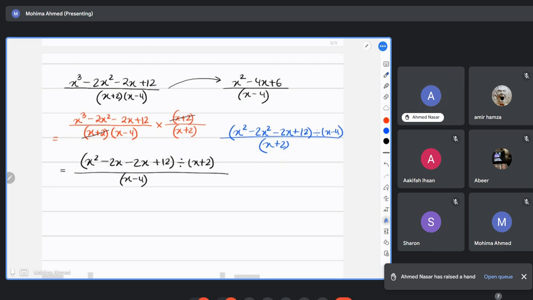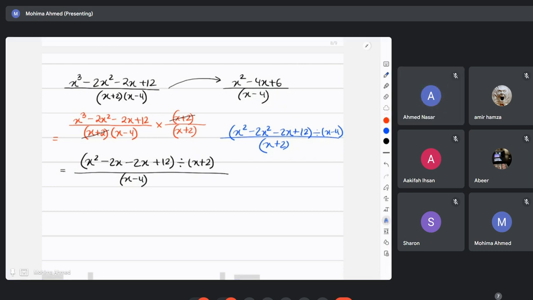No, that's why. I already know that my answer should be in this format, right? The answer is given to you. We just have to show this in this format. That's why writing this will not give you the answer in this format. So I think that's clear right now, right? We have to keep this x minus 4 in the denominator, and we'll just divide the polynomial with x plus 2. Is this clear now? Yes, teacher. I'll cancel this out then.